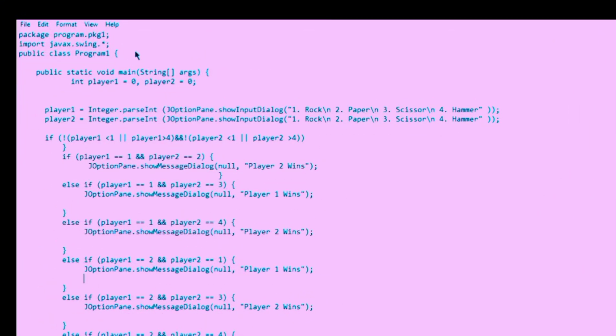Since we use JOptionPane as our class to display our program, we need to have access to it. Thus, we import javax.swing. In this program, we use the JOptionPane class to provide a standard input dialog for the user, for them to be able to enter his or her choices as player 1 and player 2, and choose between rock, paper, scissor, and hammer. The first if has a condition in which we ensure that player 1 and player 2 inputs are